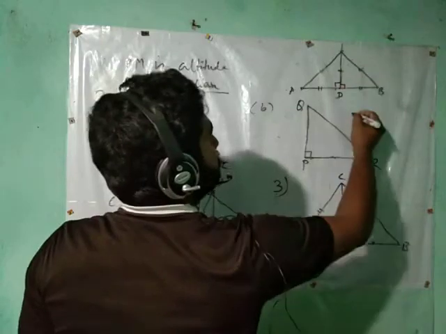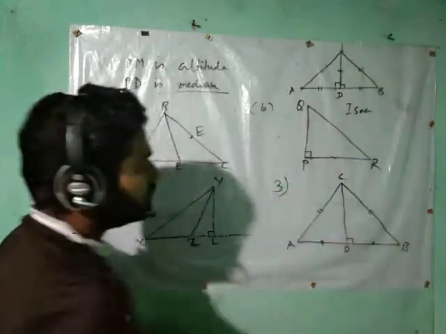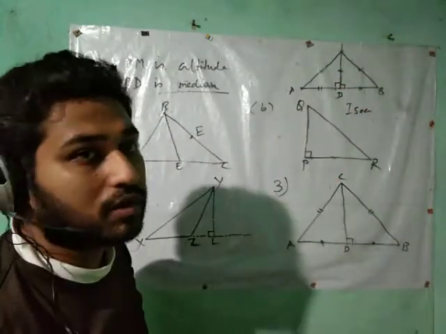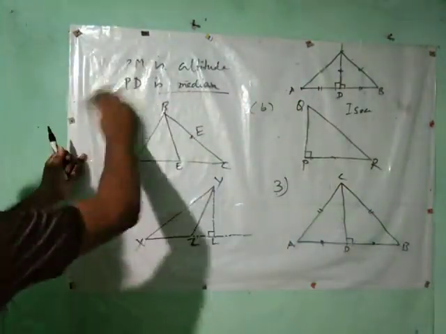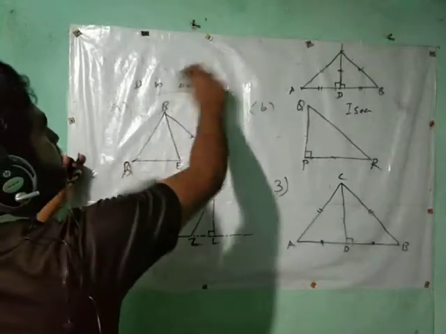Since this one equals this one, then it must be an isosceles triangle. Just draw this diagram. No need to draw this, but just for understanding I have drawn this. Okay, I hope you got it. Now let us move to the exercise